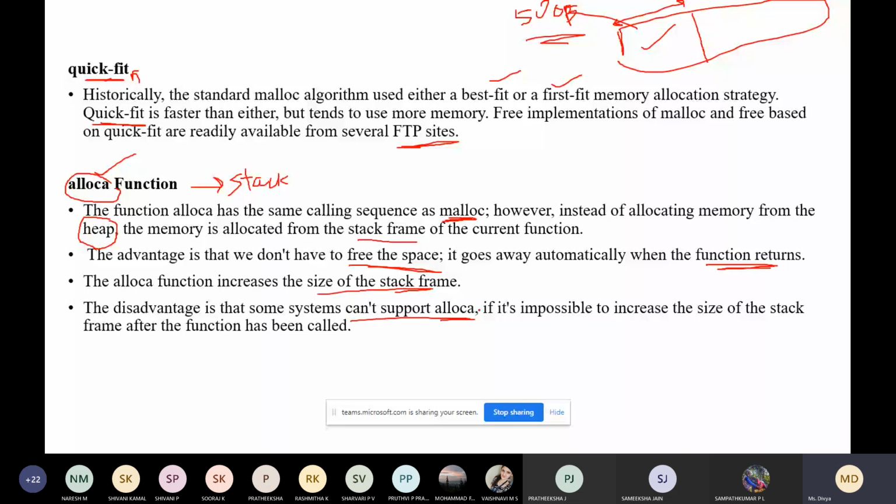It is impossible on some systems to increase the size of the stack frame after the function is called. They cannot increase the space of the stack, and they have a fixed size of stack.